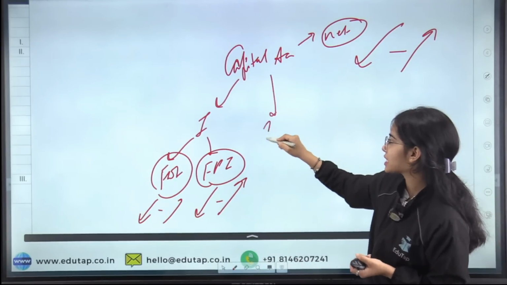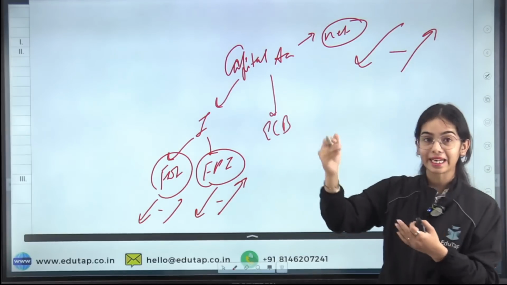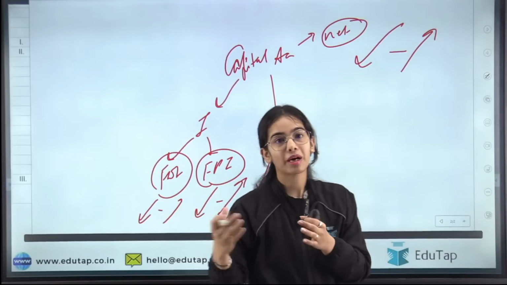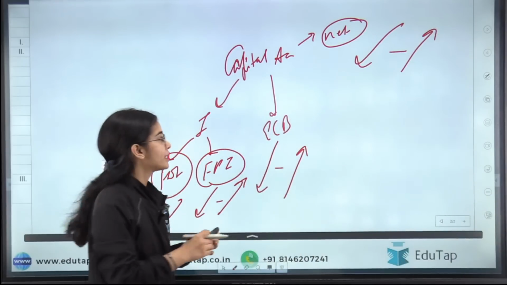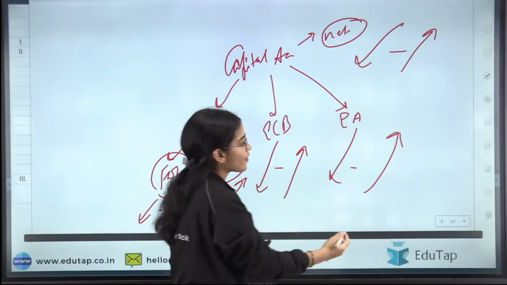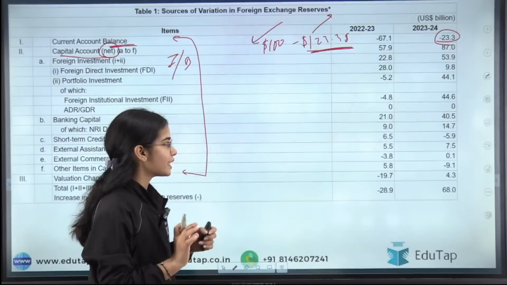Foreign portfolio investment, how much portfolio investment is coming into our country minus how much we have to pay outside. Then we have the external commercial borrowings, that is we are getting the borrowings, we are getting the money, minus we are also providing the money. Okay, we are also lending the money. Then there is the external assistance, we are getting the external assistance minus we are providing the external assistance. So this is the net that we are seeing.